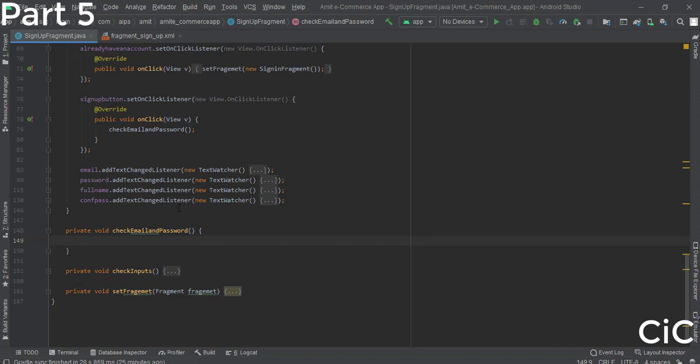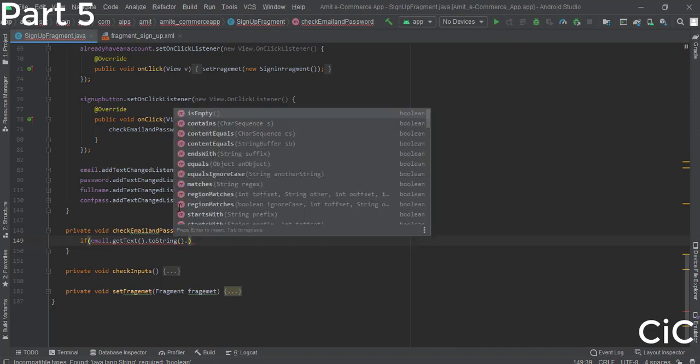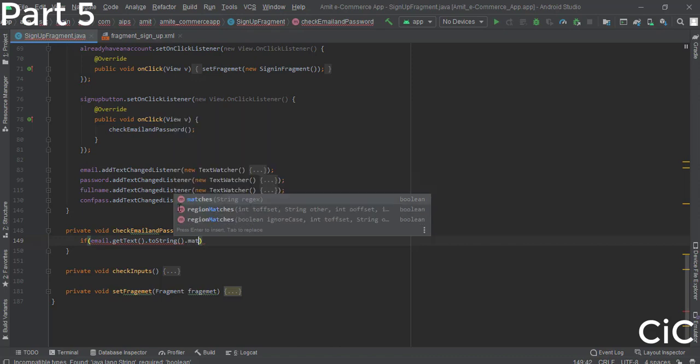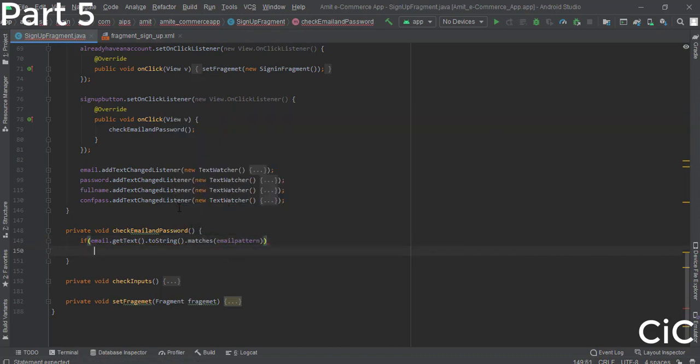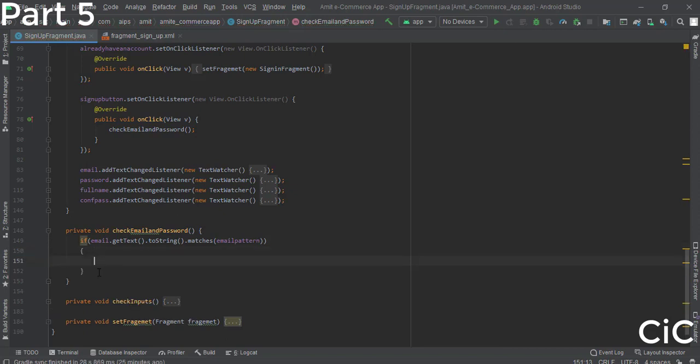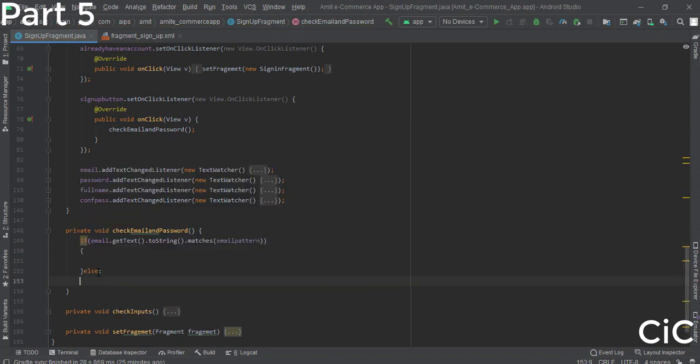So first of all, in this method we have to check whether the email which the user has entered matches with our email pattern or not. So first thing is done. Now create the else part as well.